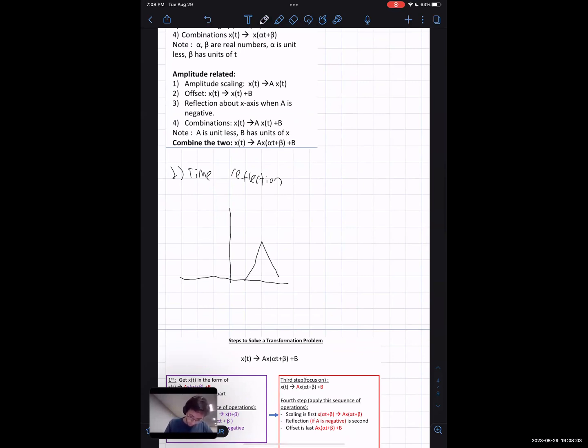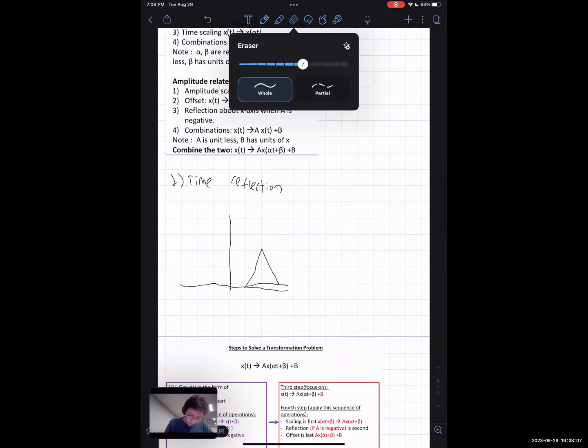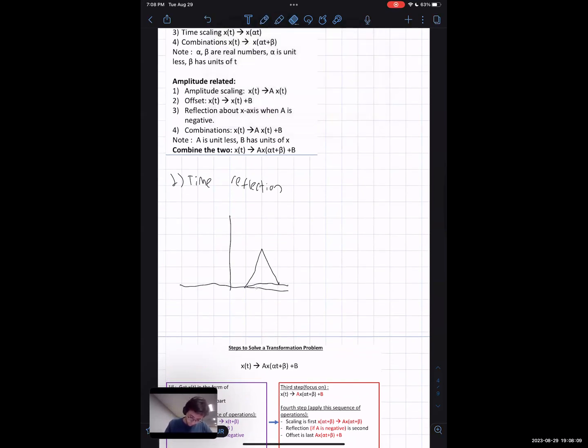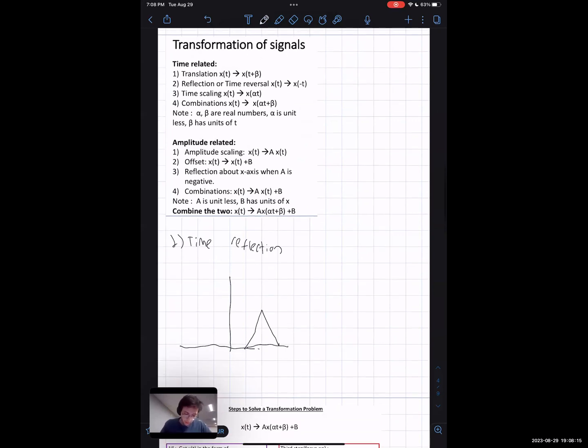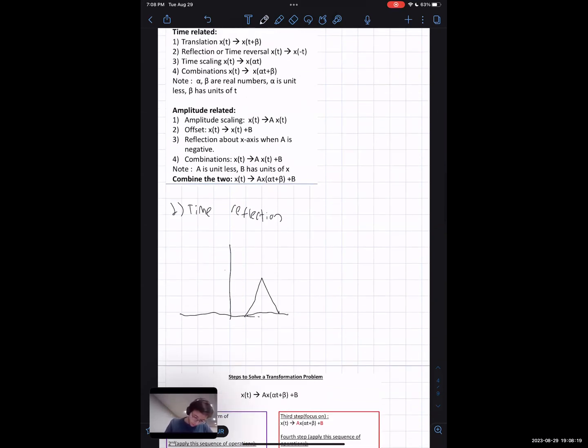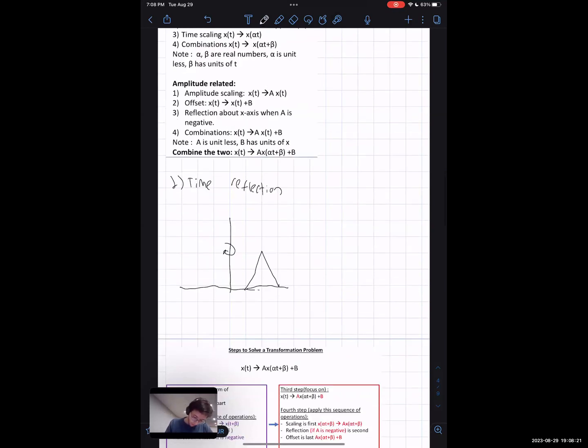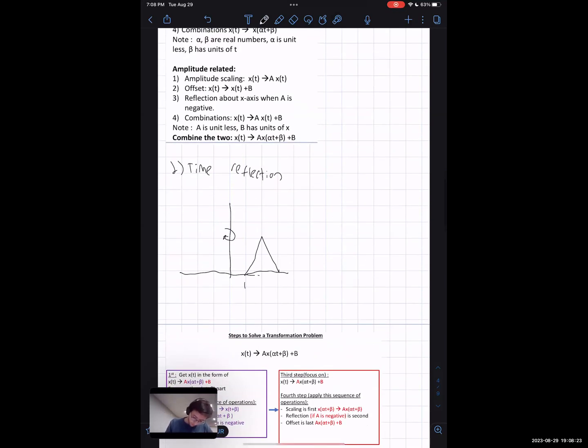My lines are not very straight here, but bear with me. When we have a negative t on the inside, that's a time reversal, and that's basically flipping it over the y-axis. So we're flipping it like this, rotating around here, 180 degrees,